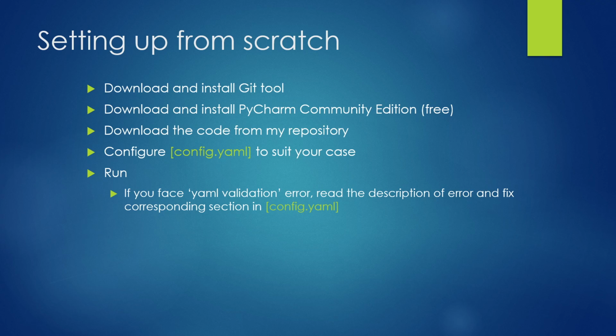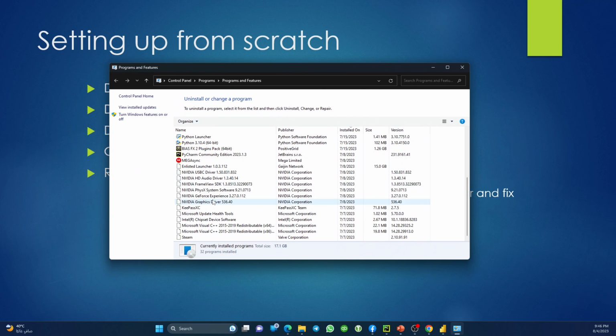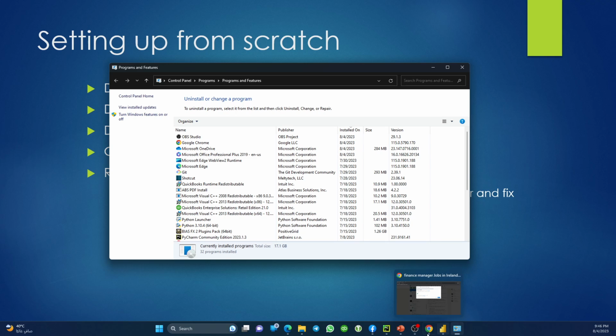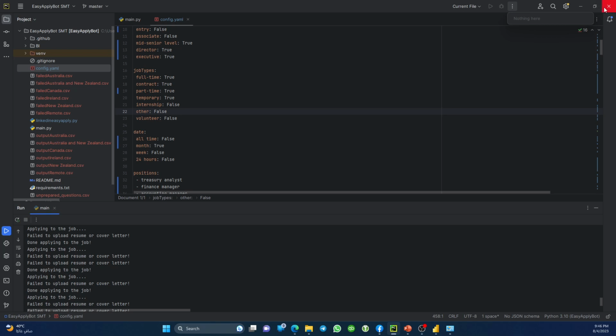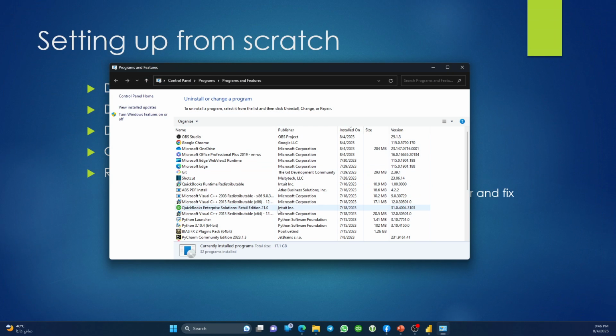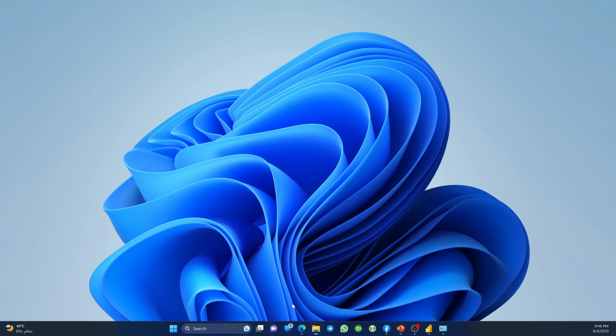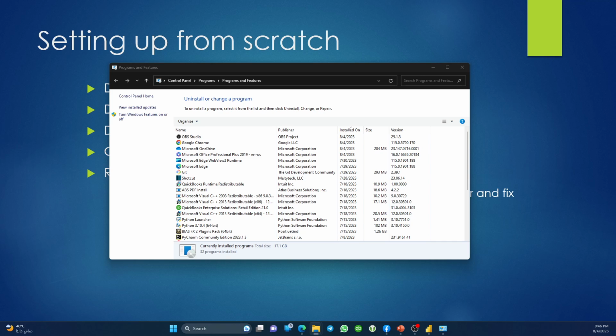Oh, by the way, before I do that, actually, let me show you my environment here. So these are the softwares I have at this point of time. I will stop the bot so I can uninstall it. So let's stop it and then close it. All right, so with this, I also don't need to actually